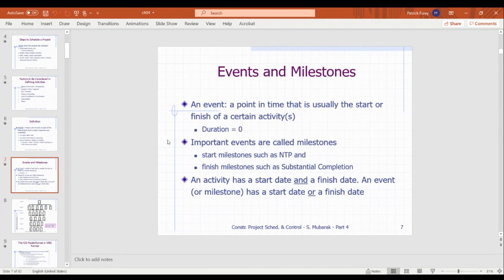So we're talking about important events called milestones. A start milestone such as NTP. So it's some kind of start milestone. Anybody run into that before? Notice to proceed. There you go. Notice to proceed. And a notice to proceed,